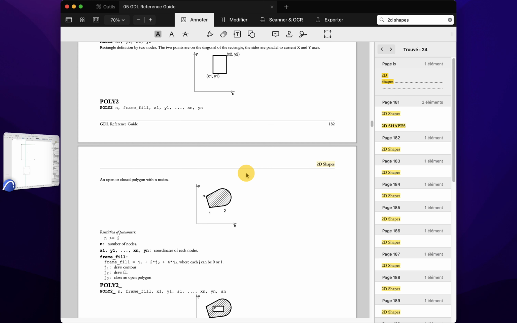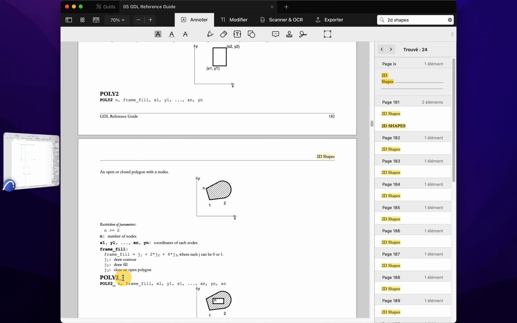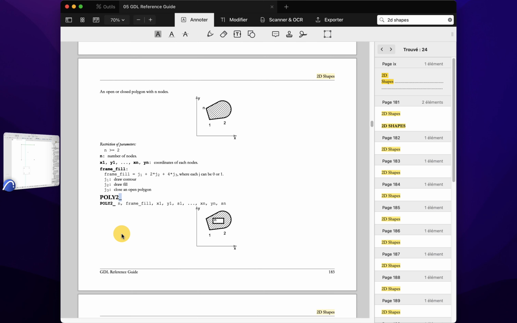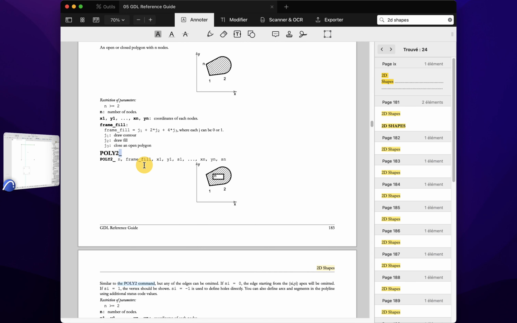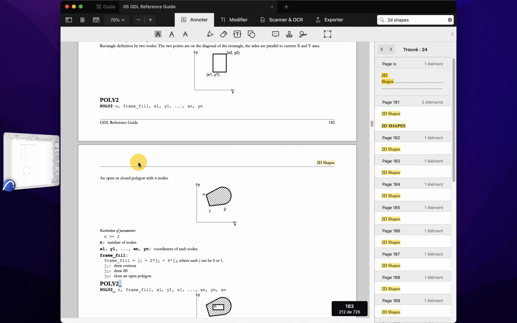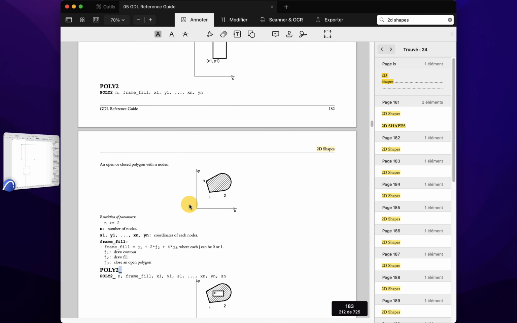But the version that we will use will be the poly2 underscore because each iteration simply add a new layer when it comes to how we can manage the fill. So here I prefer this second one because I have here a status code that I can play with when it comes to my nodes. So here I will copy paste this here.